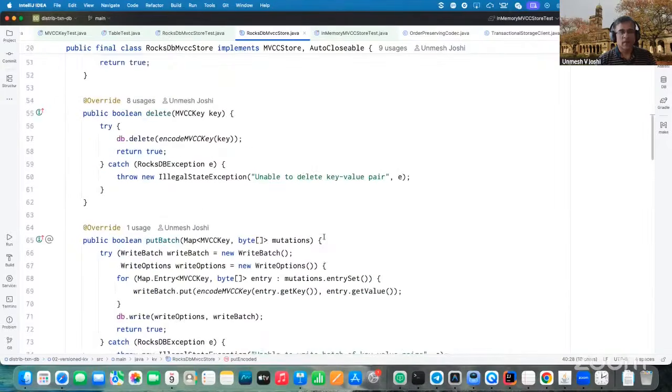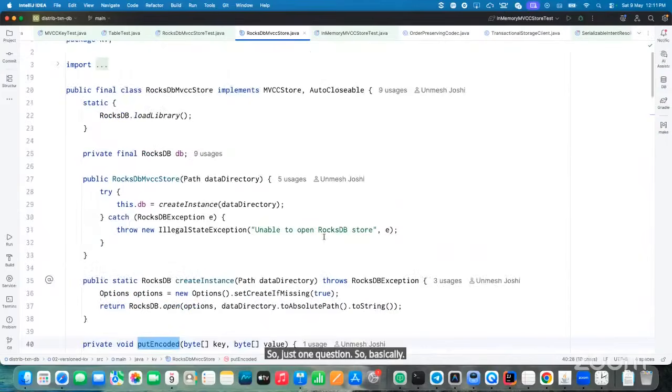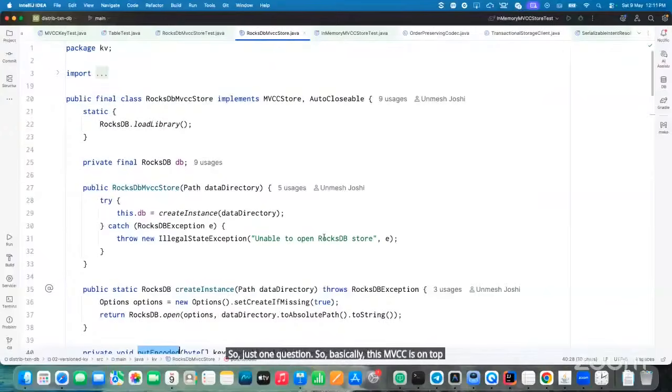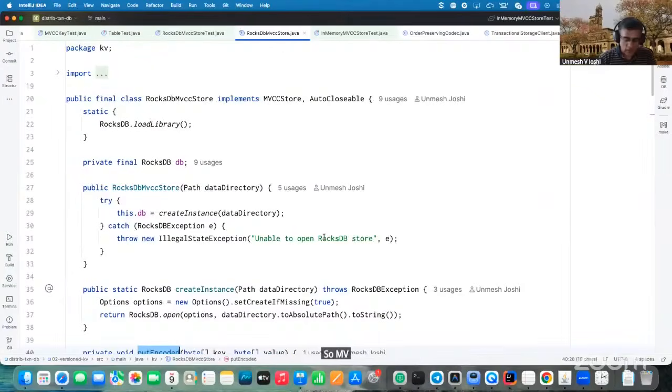Now, a crucial thing here. MVCC is on top of RocksDB, a key value database. To implement MVCC storage, you need some sorted persistent